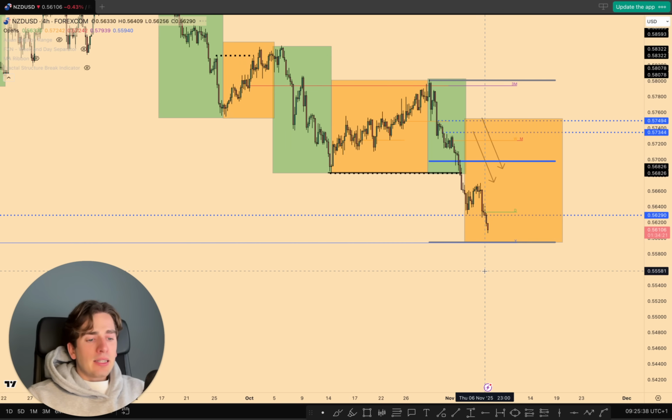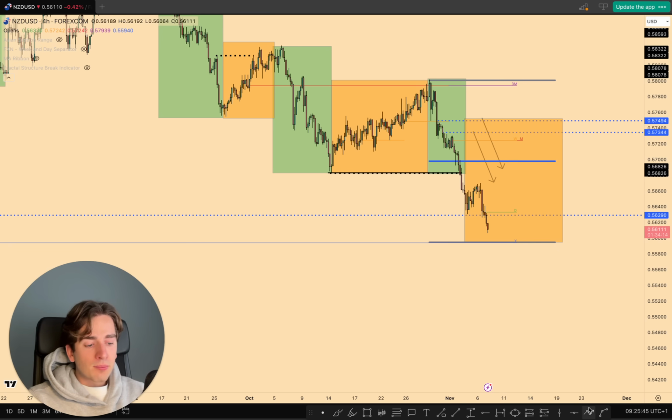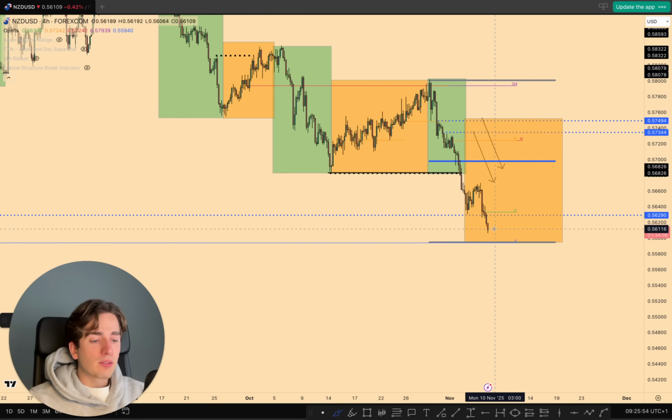However, again, with the overall risk off sentiment in the world at the moment, it's just not put out for us. Now, what I'm waiting for on NDUSD is a potential pullback trade from the overall yearly open back up higher. So if you are looking for longs, the yearly open could provide you with an overall pullback opportunity once you see some lower time frame confirmation in the form of, for example, a 4-hour fractal structure shift,